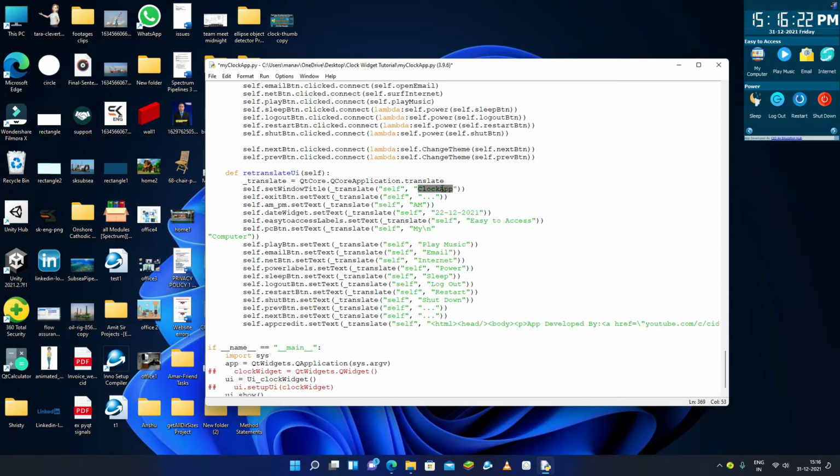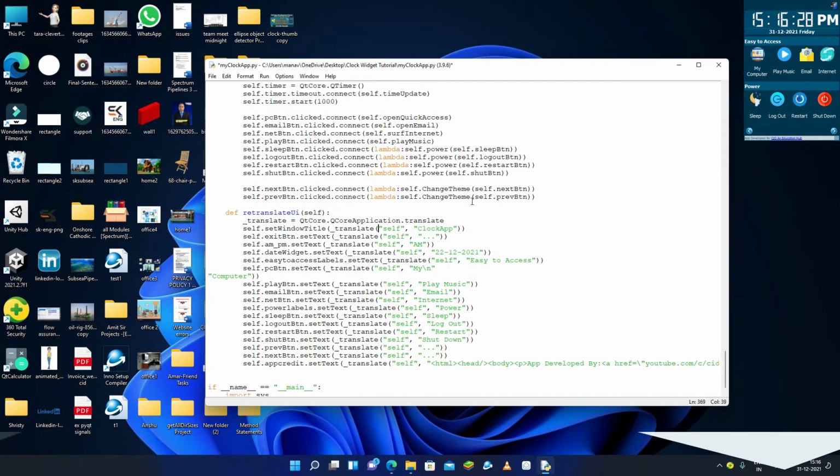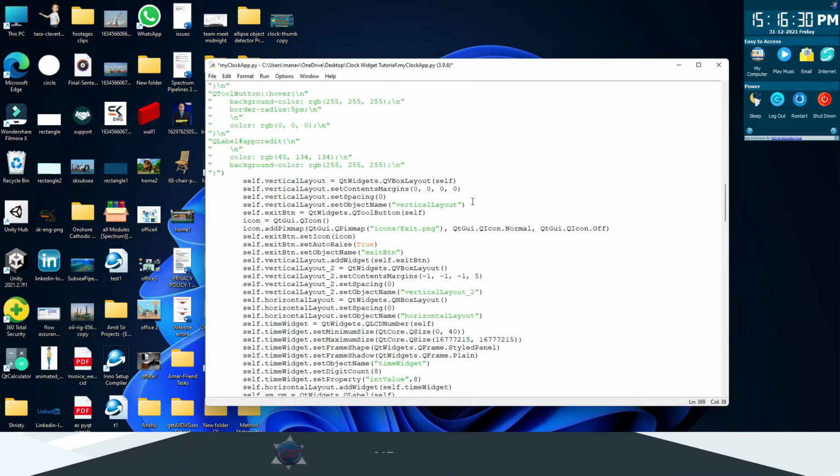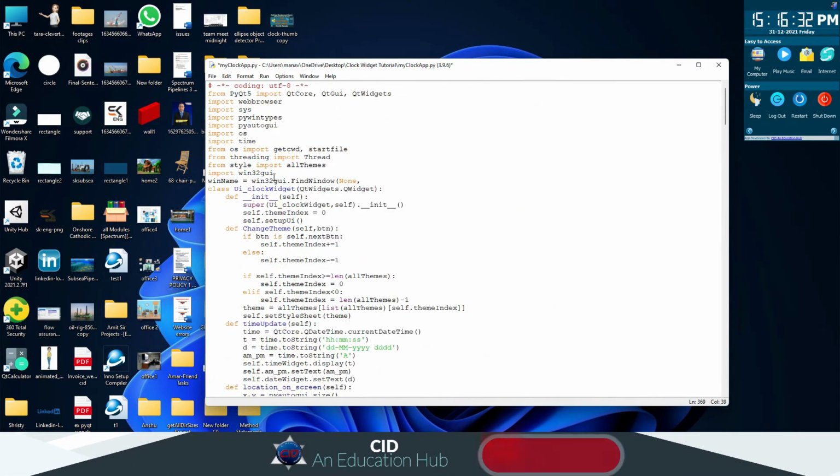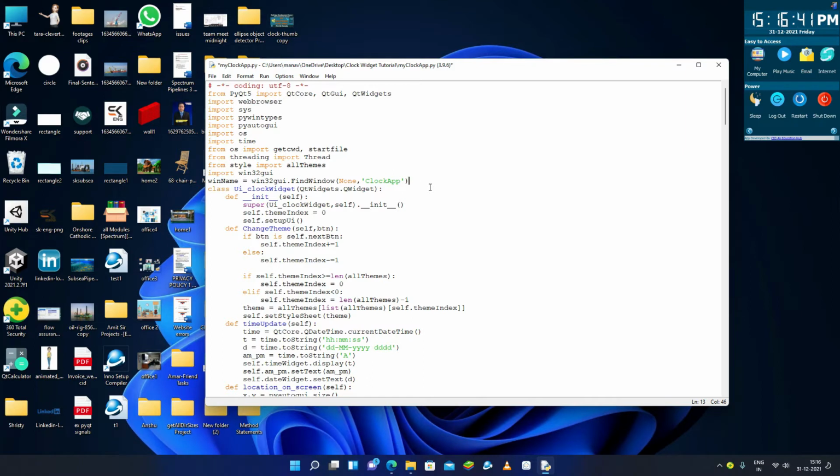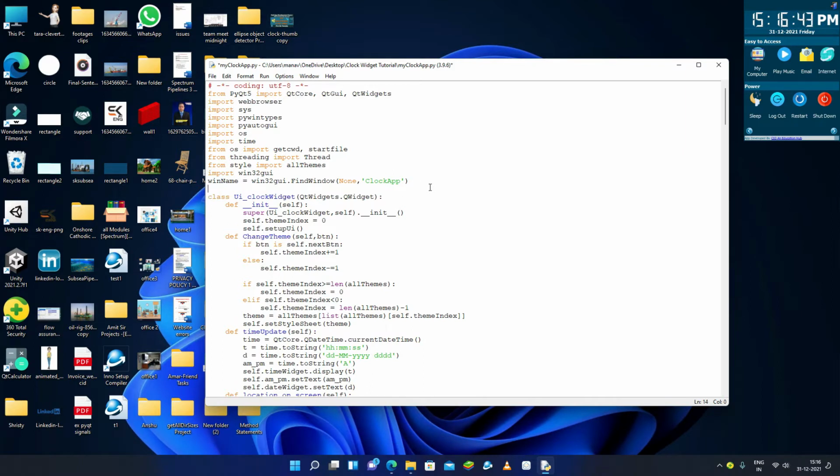Suppose this is the application name. So our window title will be clock app, and now I can check here with win32gui, if it finds clock app, then it will prompt that it is already opened.